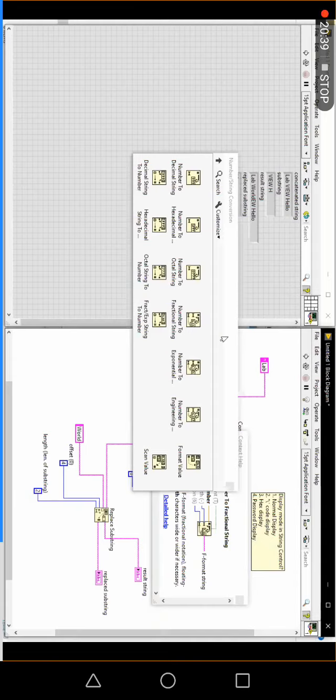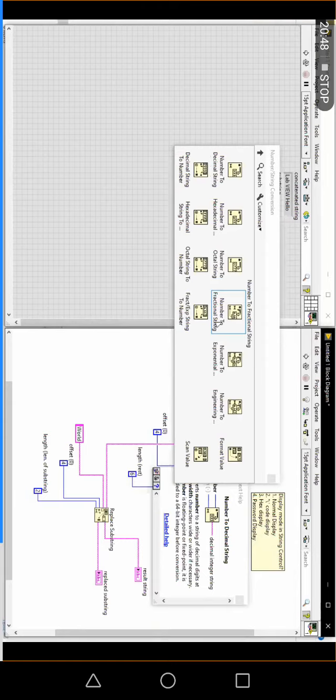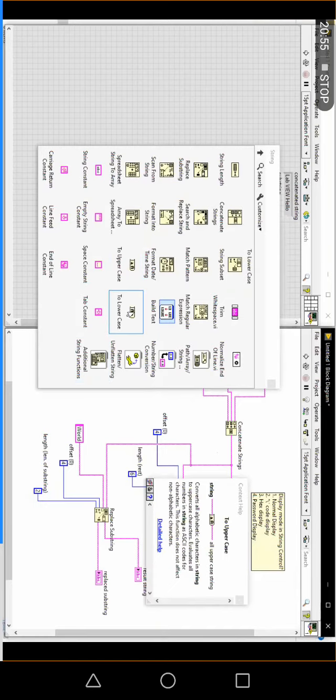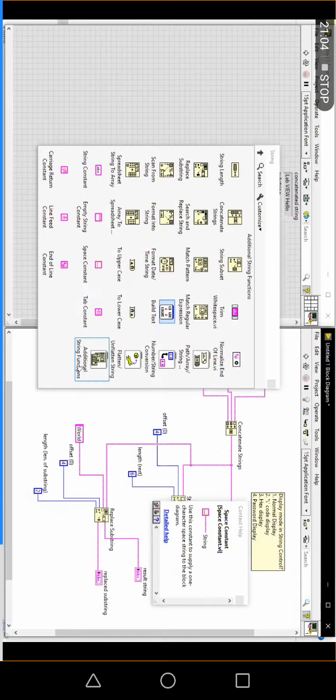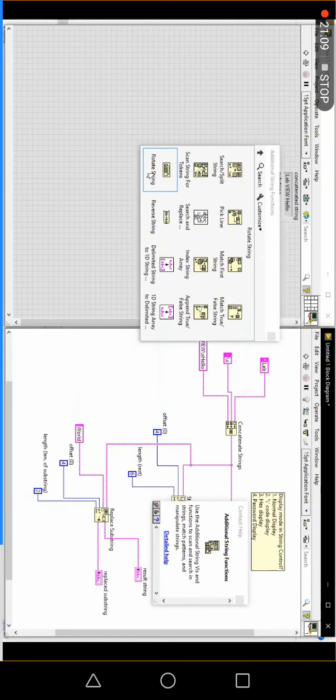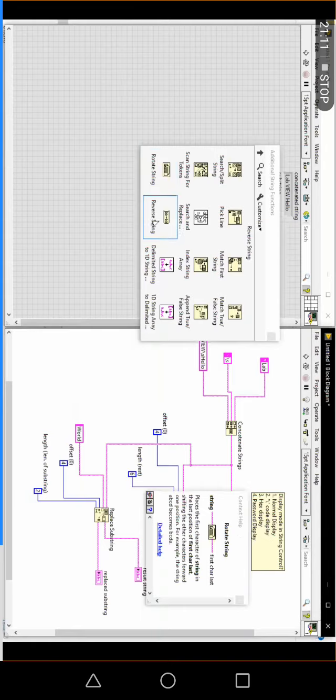Kindly go through that video also. In the training itself I said, so kindly practice these functions. Number to decimal string and number to fractional string, both string functions are important. Apart from these, the functions will be uppercase, lowercase. Yes, to confuse you they will give this kind of functions, uppercase, lowercase, and space constant. If interested, they will go with concatenate string also. Then additionally, rotate string and reverse string will be available.